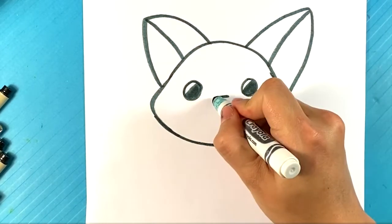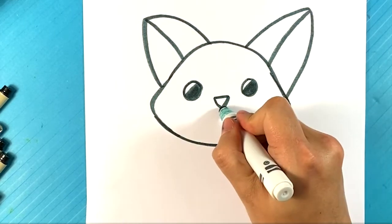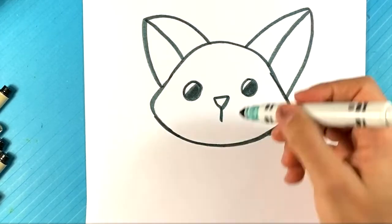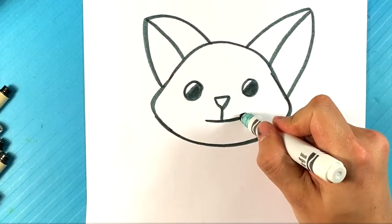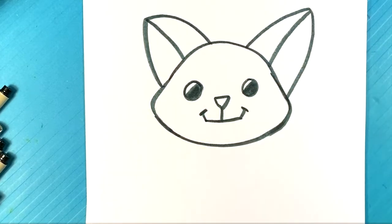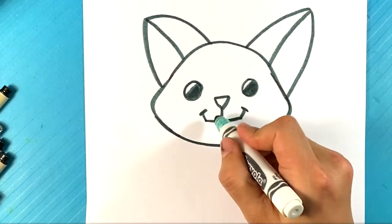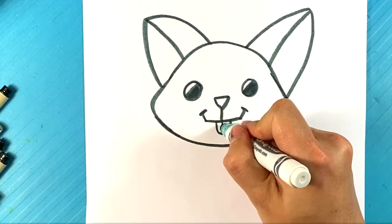Straight line. Down, down. Down over here. Straight line across. And now I want to make this dude smile. Up over here. Underneath, I have his tongue out,